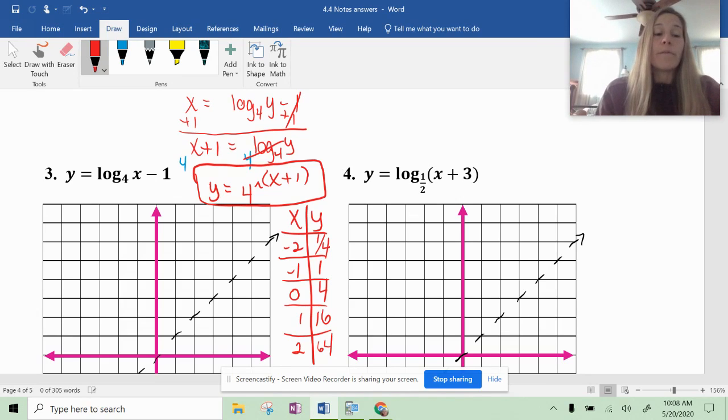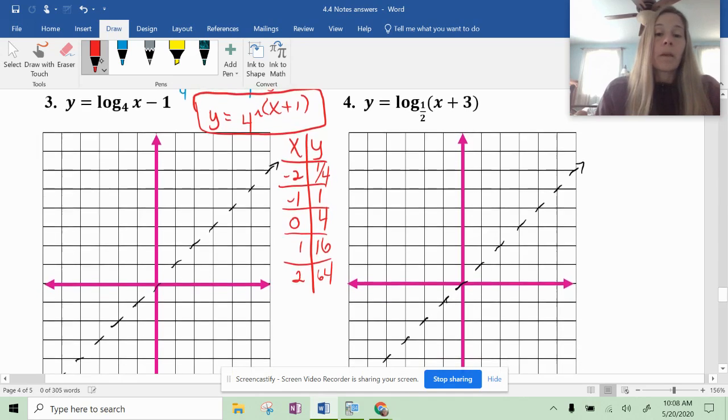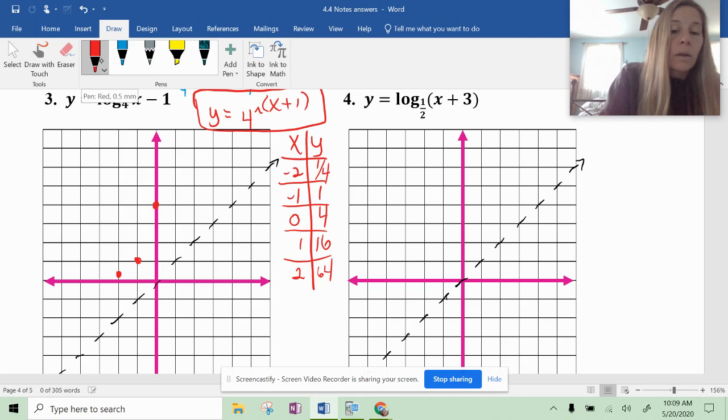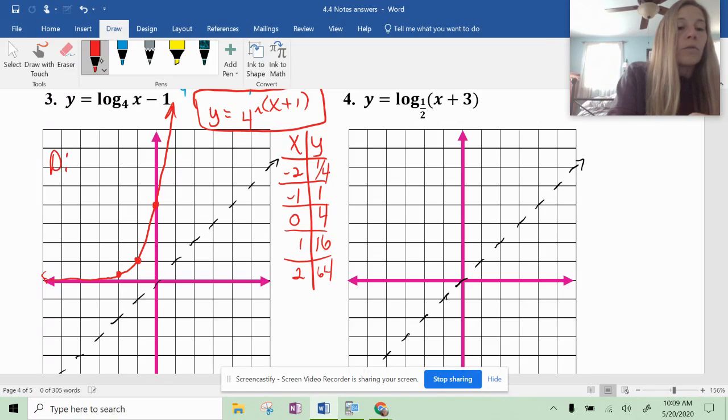So I'm going to graph my inverse. So -2 and 1/4, -1 and 1, 0 and 4, and then 16 is like way up there, right? So here's my inverse function, which is a growth function. My domain, of course, is all real numbers, and my range is all the y's are greater than 0. So now to do my